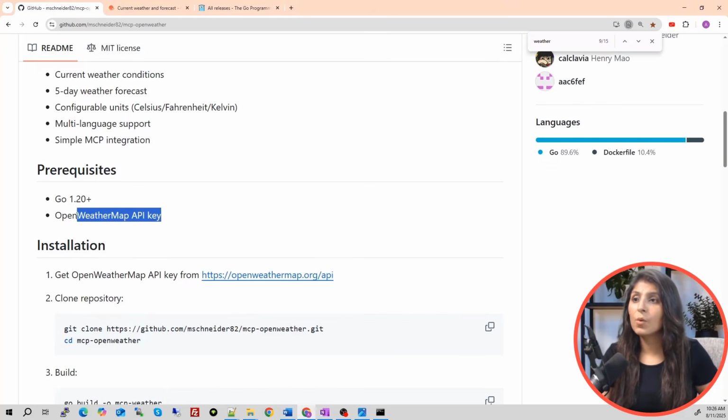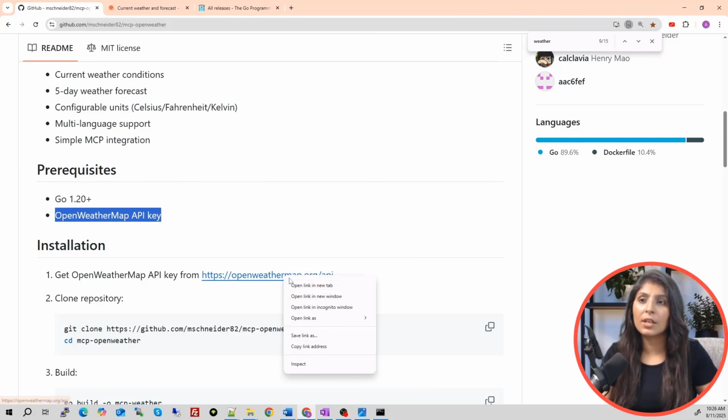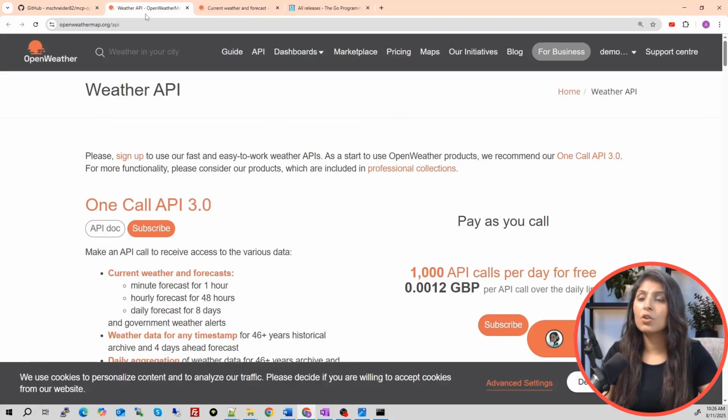The second prerequisite is to get the OpenWeatherMap API key. For that, here they have provided the link. Just click on this link. When you click on this link, you'll be redirected to this kind of page. If you are using this weather API for the first time, you need to sign up. And after signing up, you need to log in. And once you log in, you will see your username over here.